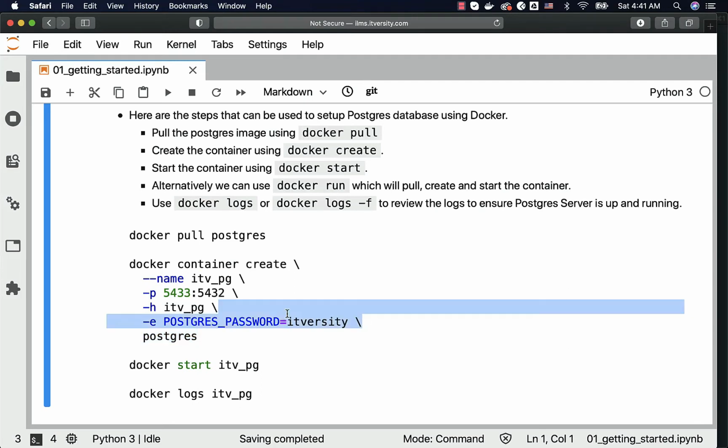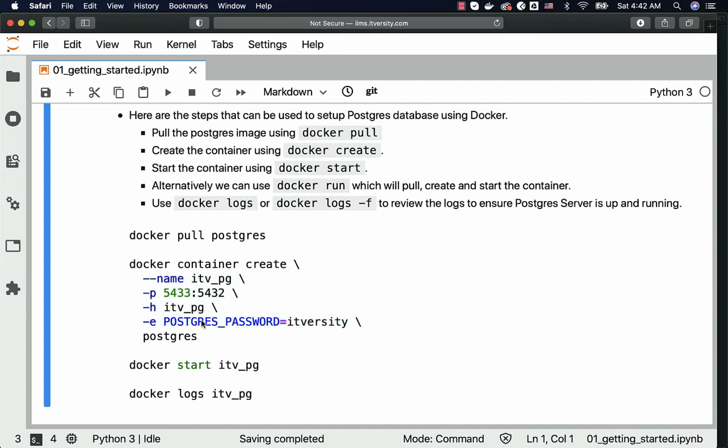However, all these arguments for name, publishing the ports, host, and passing the environment variables can be in any order. It need not follow this order, but I typically use this order. First, I will be specifying the name, then publishing the ports, then host name, then environment variables, if at all I use all these things. Sometimes I might not use all these things. Sometimes I might use more than these. Depending upon the container, I try to use a particular order so that I recollect easily.